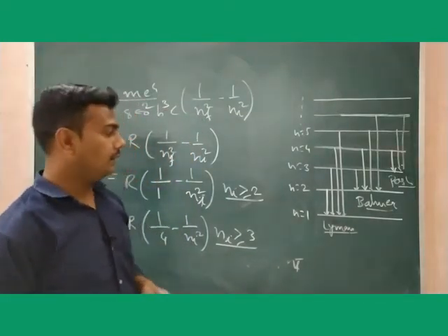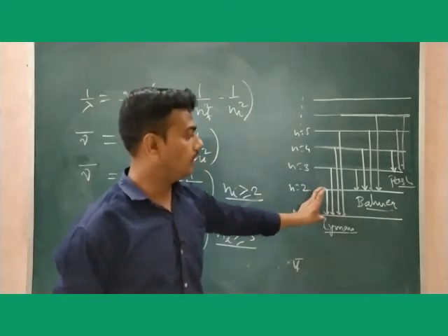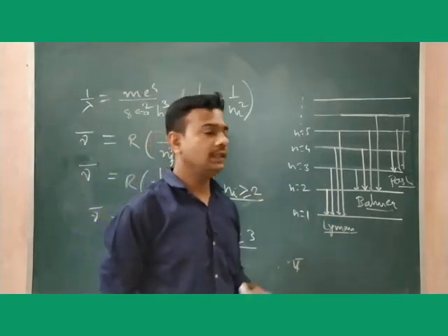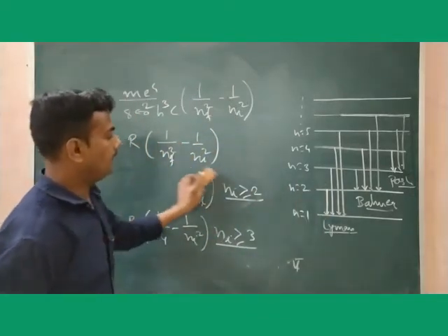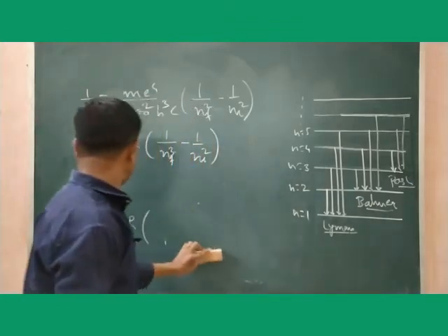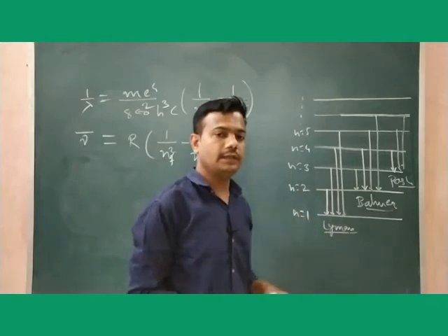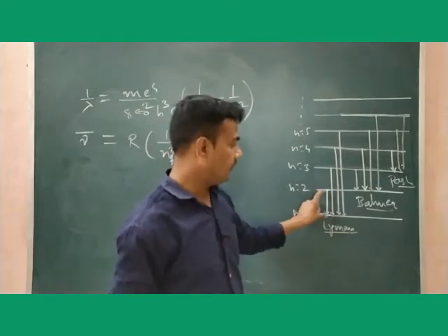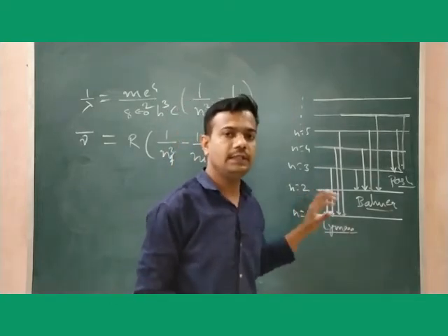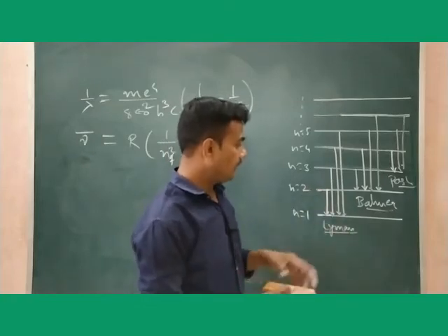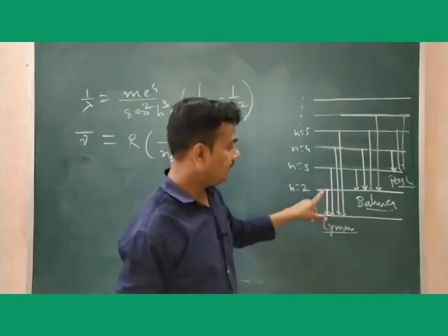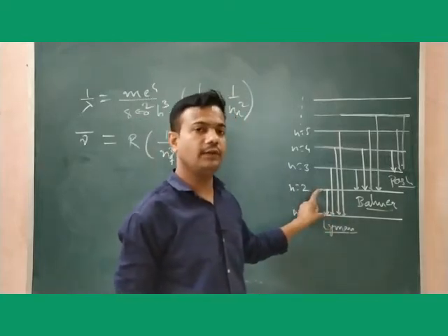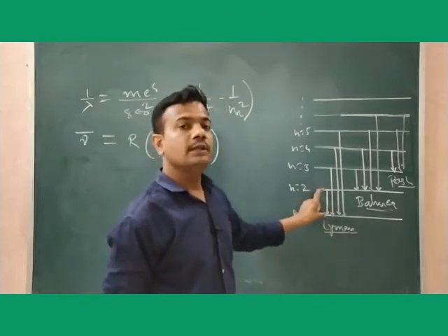Now we will calculate the smallest wavelength and the largest wavelength emitted due to different transitions in a particular series. Let us suppose that an electron makes a transition from the n is equal to 2 level to the first level. The difference between these two energy levels is very small. If the energy is small, the wavelength emitted due to this transition is maximum. So for maximum wavelength, we take the difference between these two energy levels. If you calculate the difference between these two successive energy levels, you will get the maximum wavelength emitted by this series.